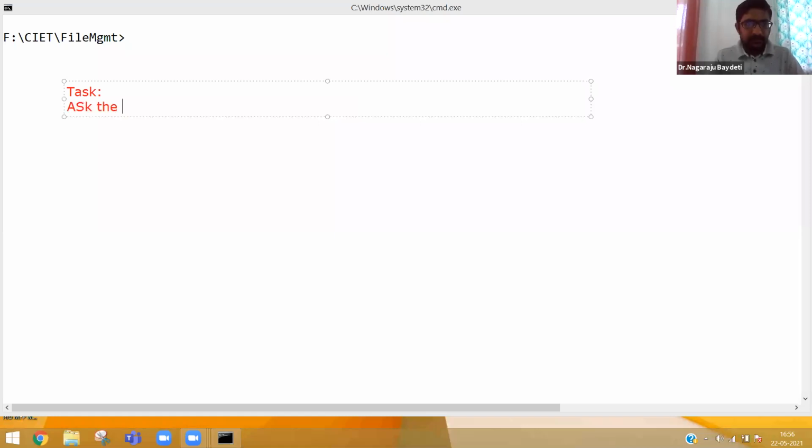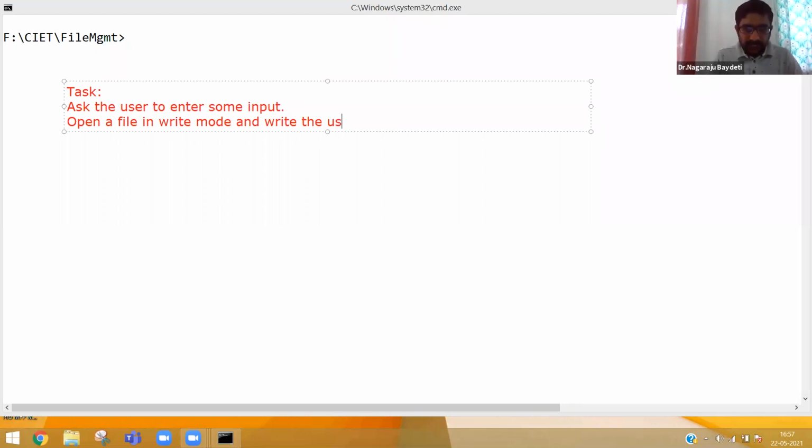Ask the user to enter some input. Okay, so the user can enter anything. User can enter integer, floating point, whatever it is, some input. Open a file in write mode and write the user input in that file.